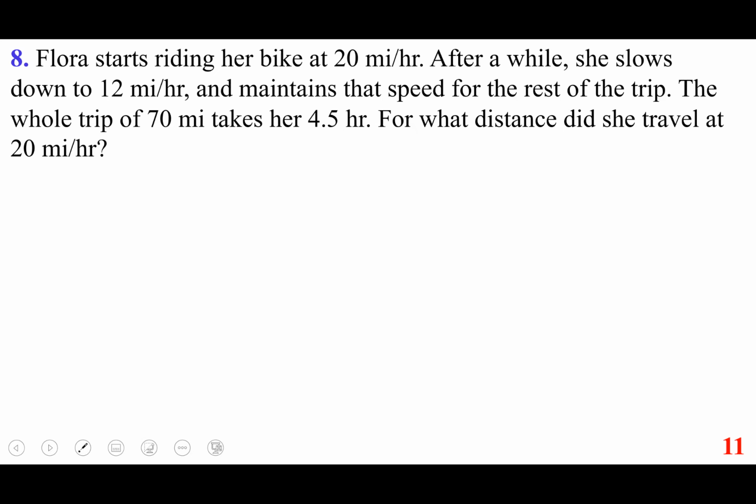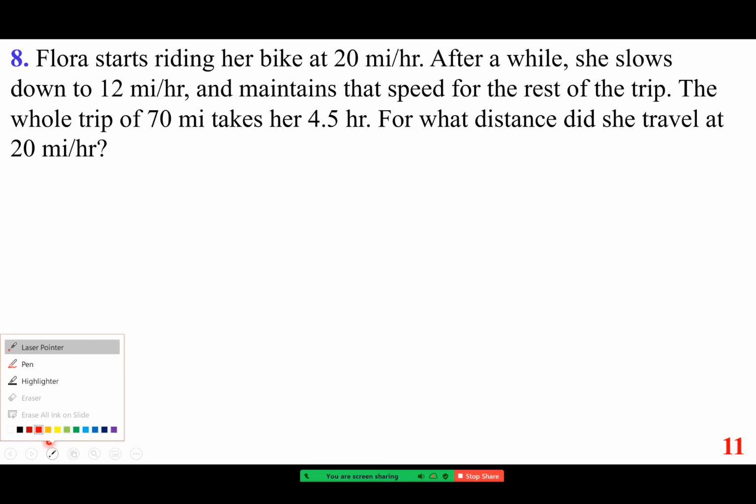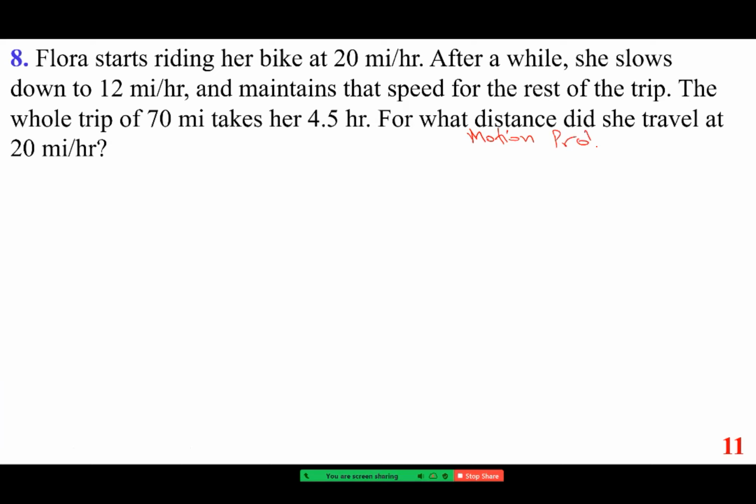Thank you so much. This is a class of problem known as motion problem. In the case of a motion problem class, we use D equals RT. For example, if we are doing 50 miles per hour over the course of 2 hours, we cover 100 miles. With that, we should know